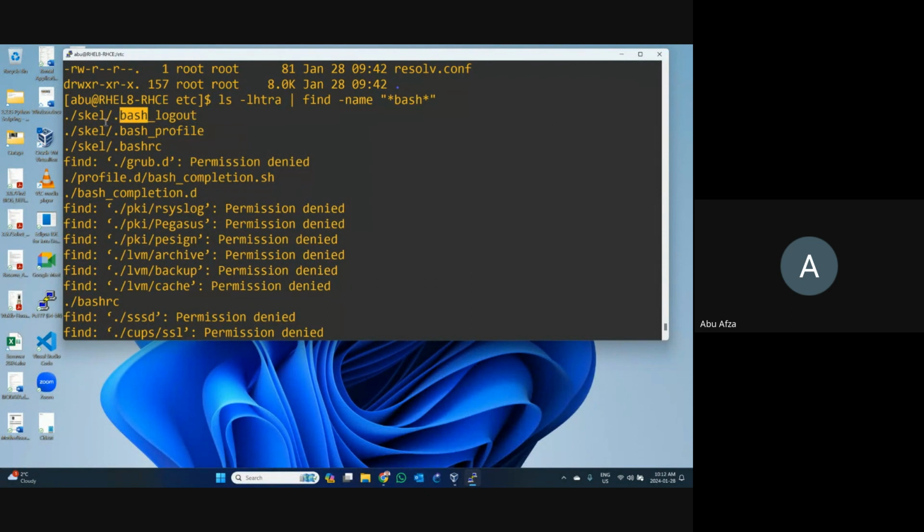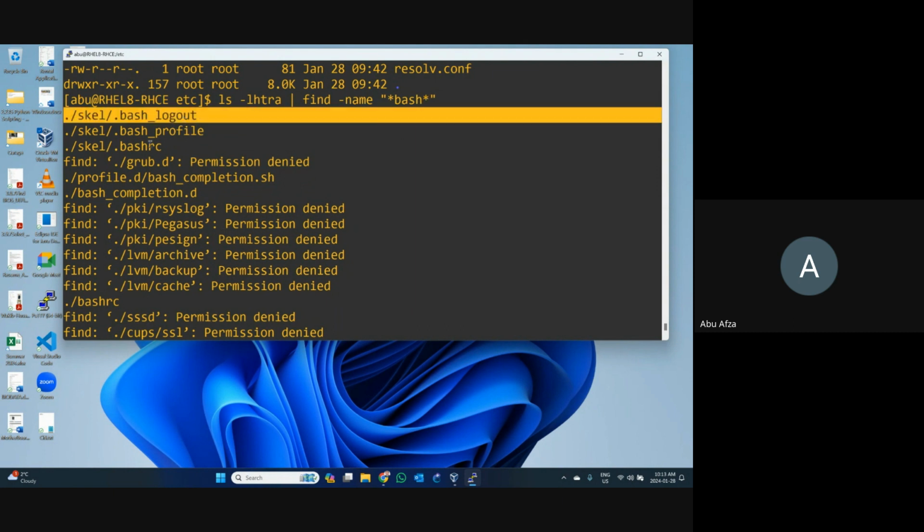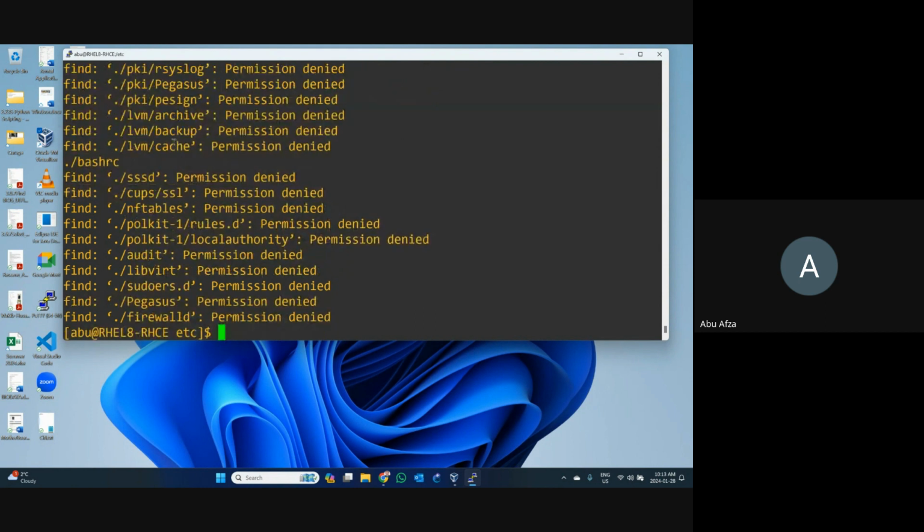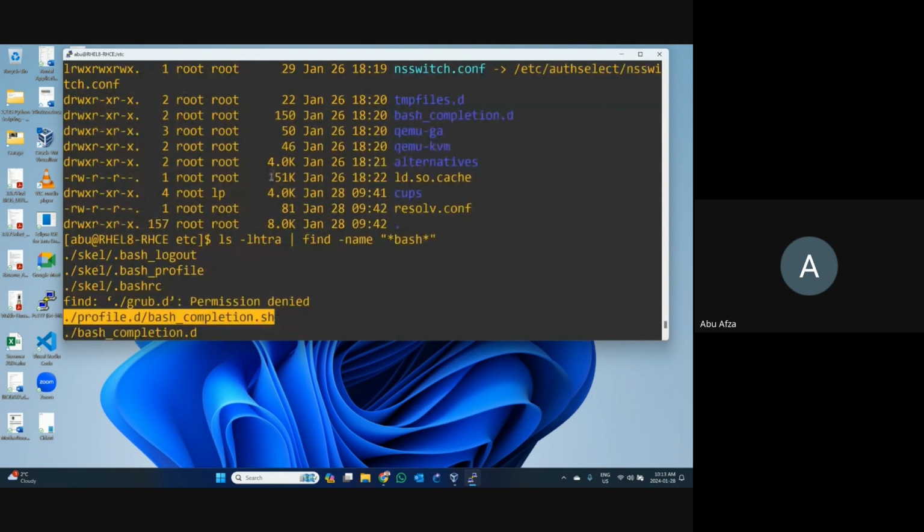When you want to find out this way, you need to write down a star symbol after bash or before bash. When you write down a star symbol, that means you can see anything on the left side or right side, everything will be showing here. Like this one. These are all finding this one, access denied. This one is working together. All the bash will be showing like that one. But in here some permission denied. In here also some bash files are available, but they did not give me any permission, so we cannot open that one.